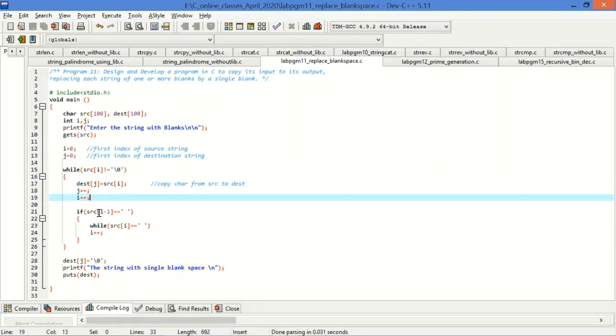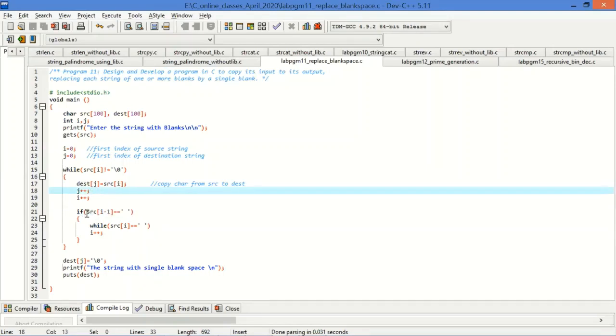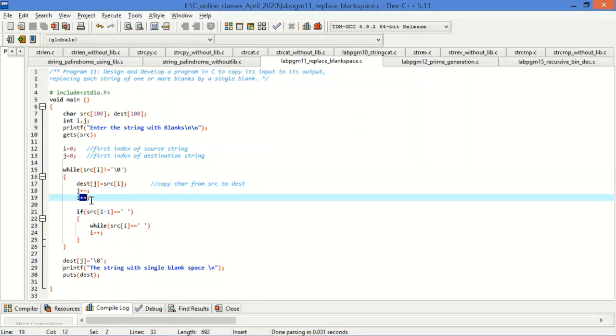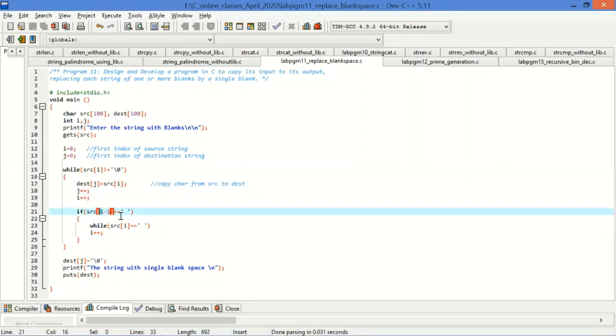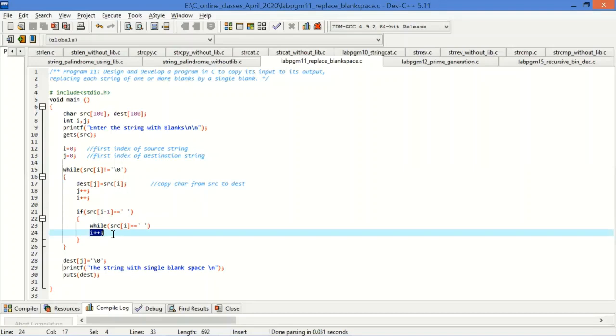As soon as you copied a space, you are verifying whether in the source you have found a space there before copying to the next iteration. One space is copied. To copy the second space, it is checking now because I is incremented. I has gone to the second blank space. So it will check whether the previous value was also a blank space. Present value is blank space, previous value is also a blank space. If so, do not copy, just skip the I value until you find a character. Right? So until you find the character, keep skipping it. Once you find the character, then continue the copying.